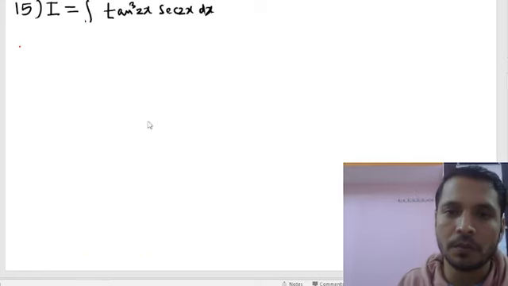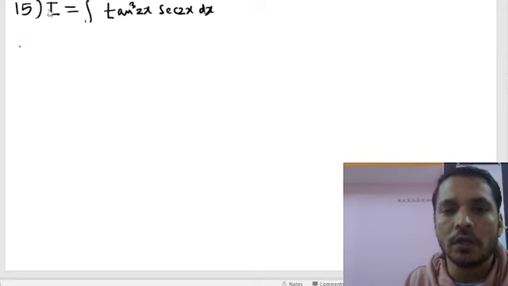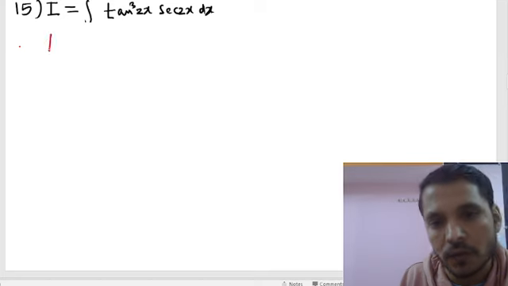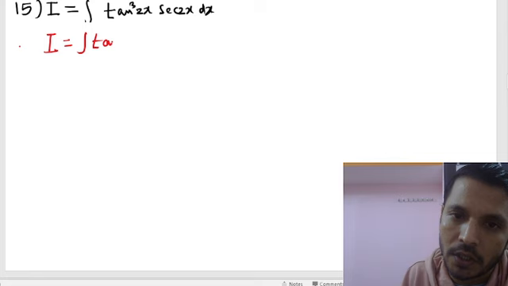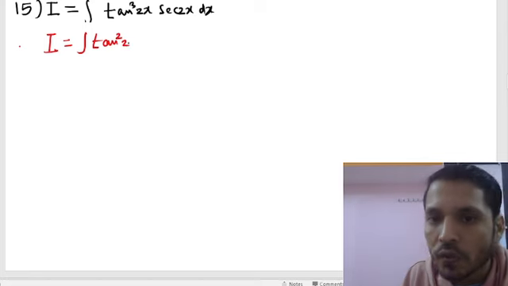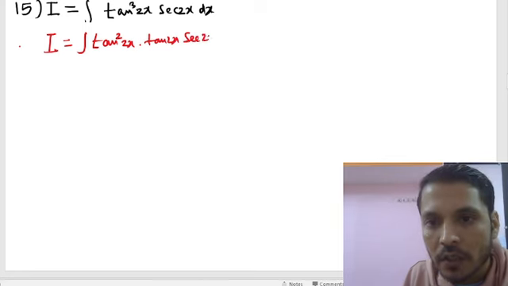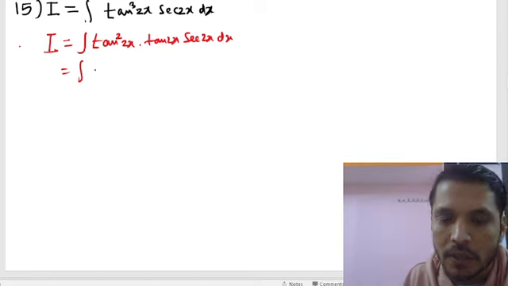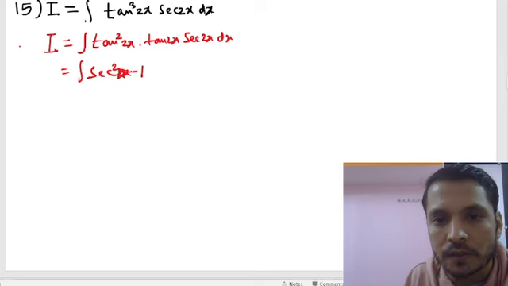Now we'll move to question number 15. In 15 we have given: integrate tan cube 2x into sec 2x. It's again a very simple question. We just have to split tan cube 2x, so we can write it as tan square 2x, and then tan 2x into sec 2x as it is. Now we know the formula for tan square 2x from identities, so it will become sec square 2x